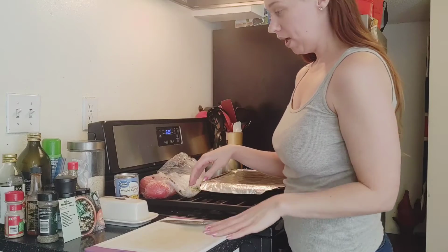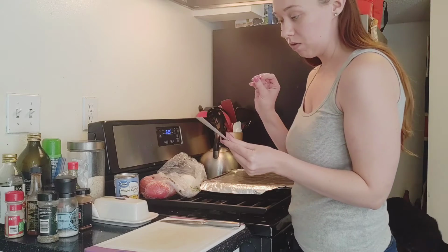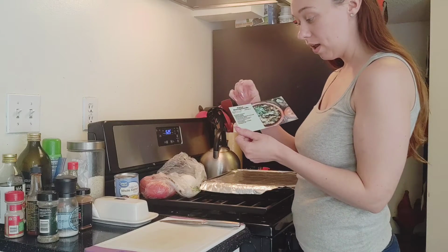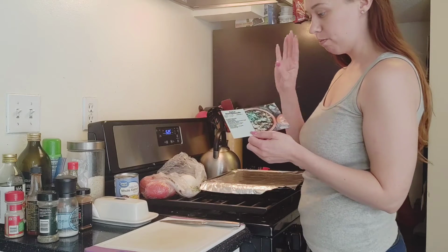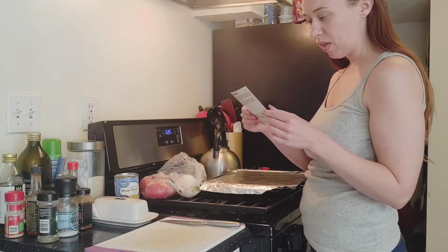Alright, so I'm going to go ahead and get started first with the salsa molcajete. No surprise here, I completely butchered the pronunciation the first time I said it. So this is our one side dish. This is a difficulty of 1 and it's only supposed to take 15 minutes. I'm doing it first by itself because it's a salsa. It can be cold. I don't need to worry about trying to get it timed right with finishing everything